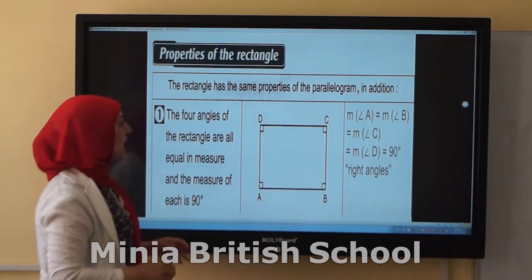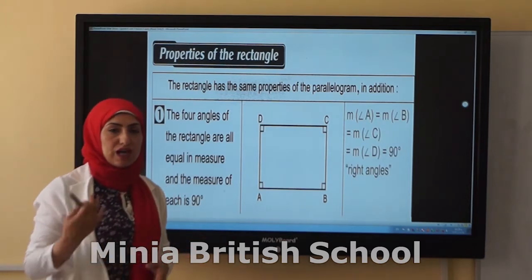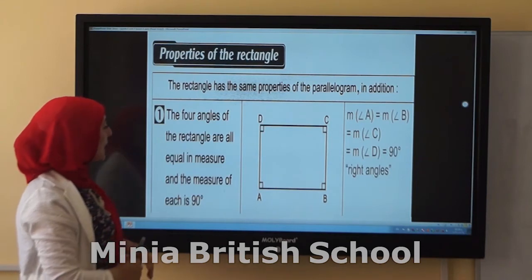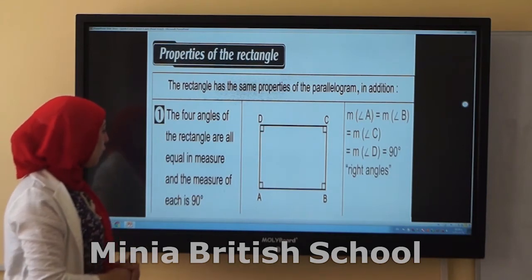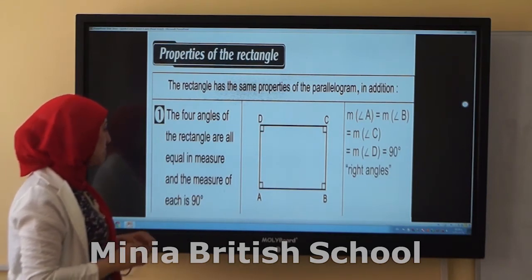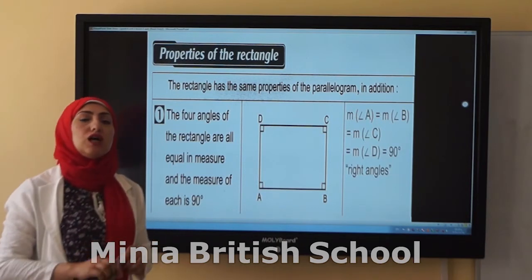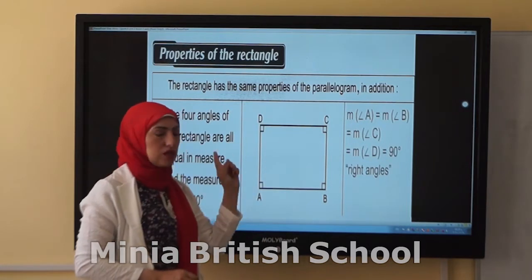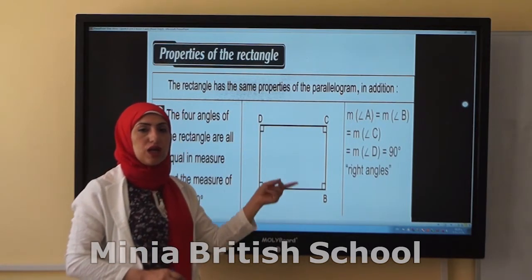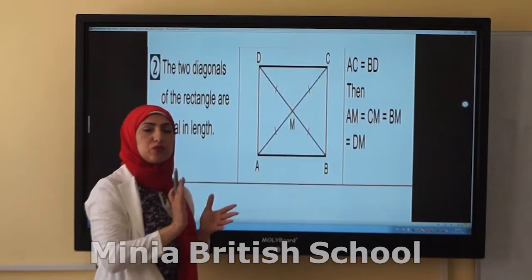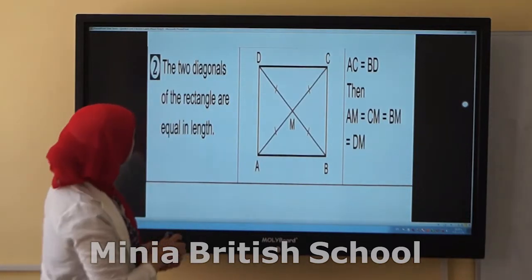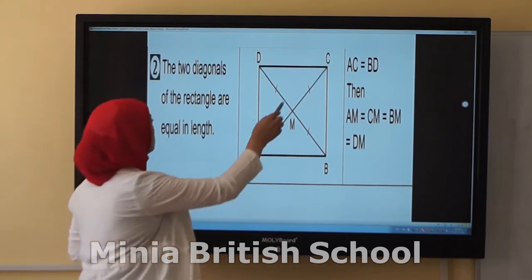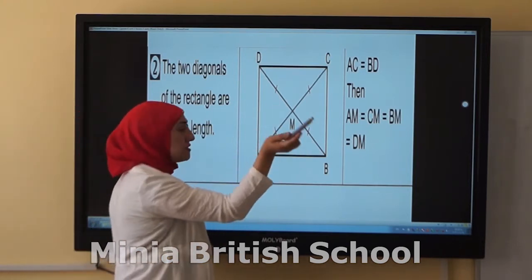The rectangle has the same properties of the parallelogram as we said, plus the four angles of the rectangle are all equal in measure and the measure of each is 90 degrees. It means all the angles are equal and they are right angles. Okay? Here, the two diagonals bisect each other and also